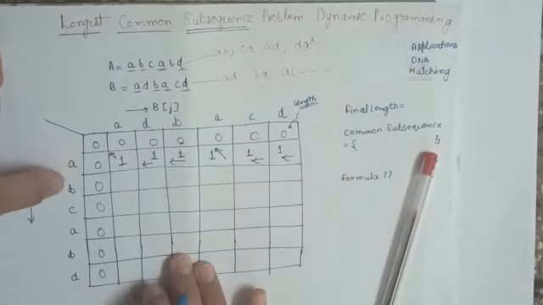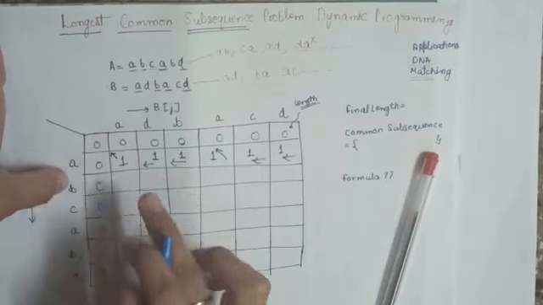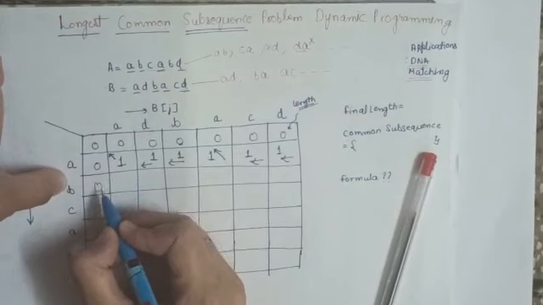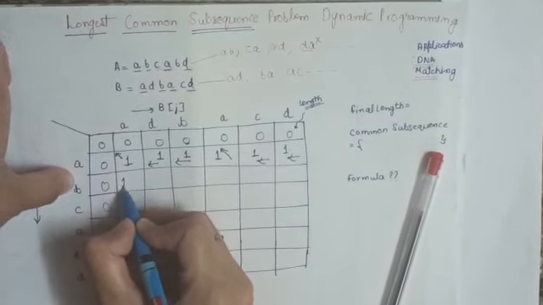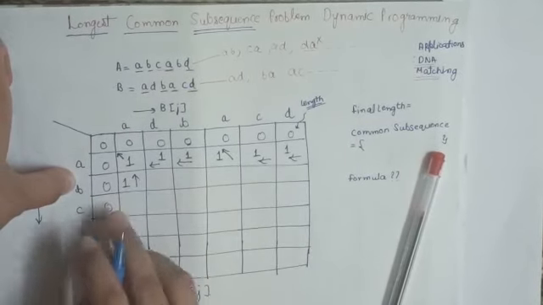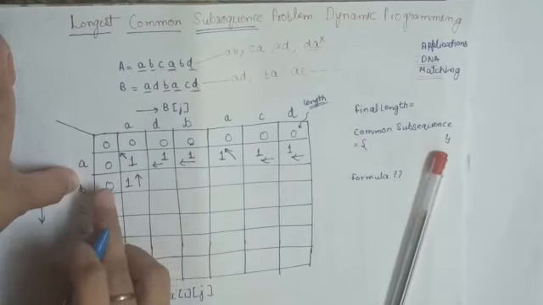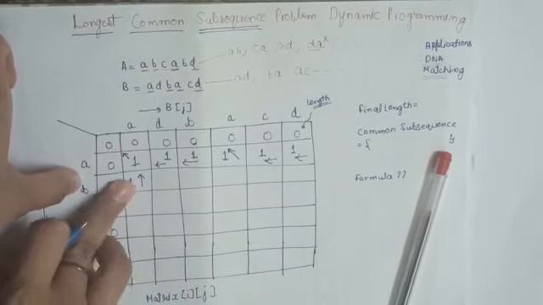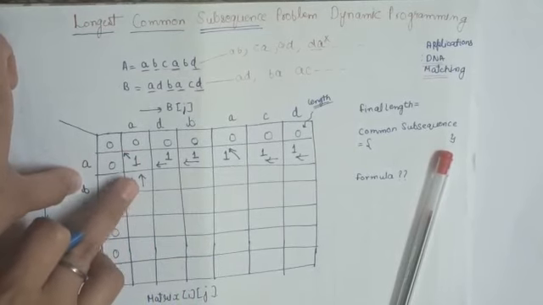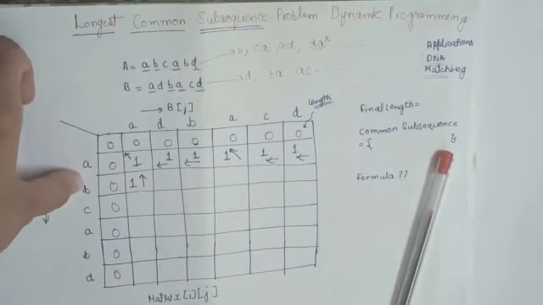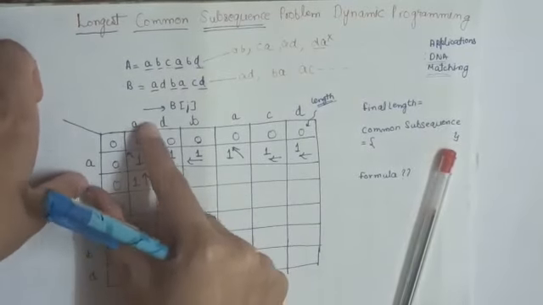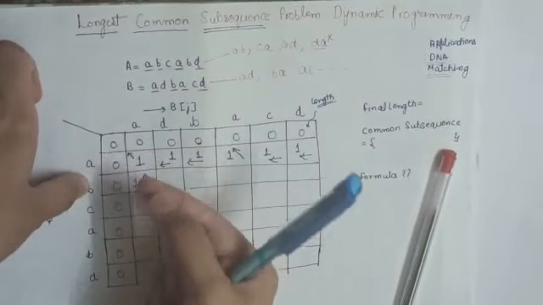Clear? Now these both are different, so what I have to do? Maximum of this and this. Okay, 0 and 1, maximum is 1. From where is this value coming? From up. Okay, because maximum of 0 and 1 is 1, so I have taken 1, and this is coming upwards, so the arrow is upwards. So basically this is the same approach: these both are different, so we are including any one of them.